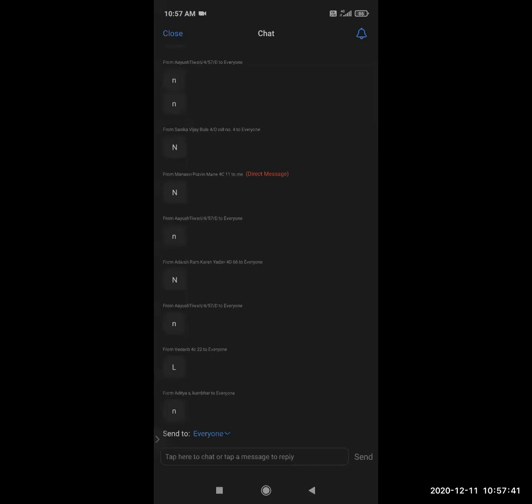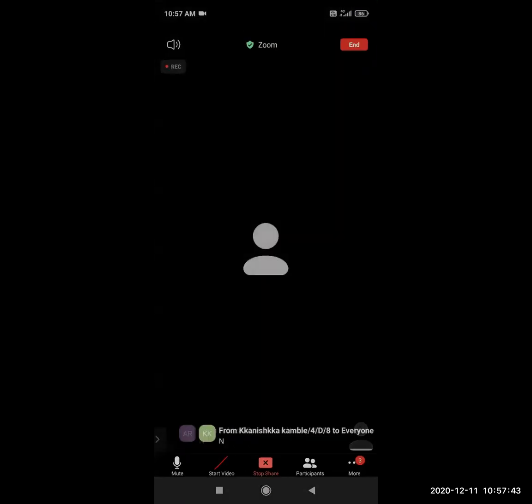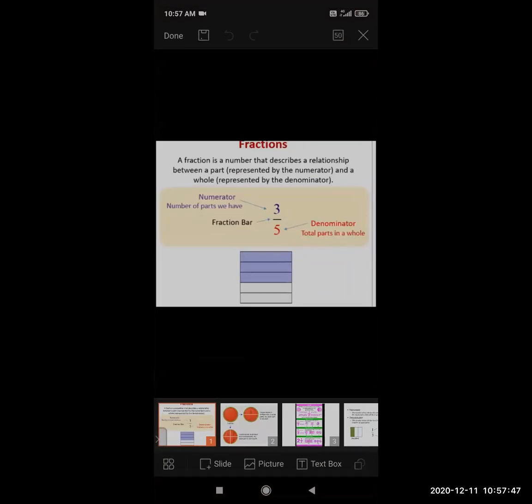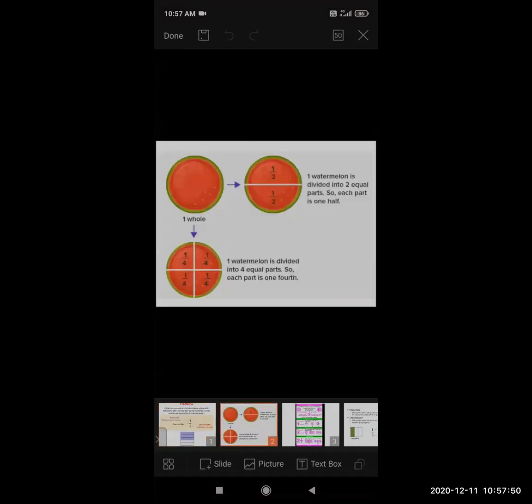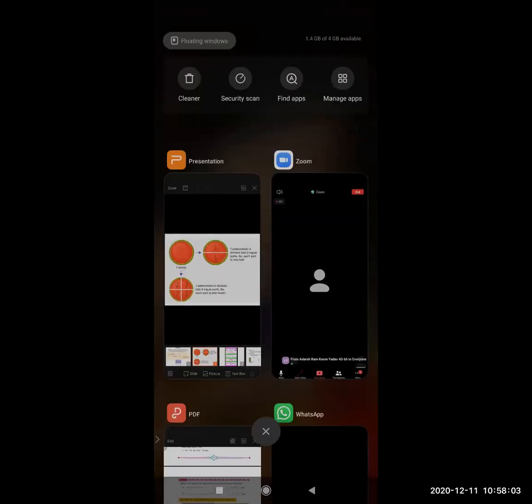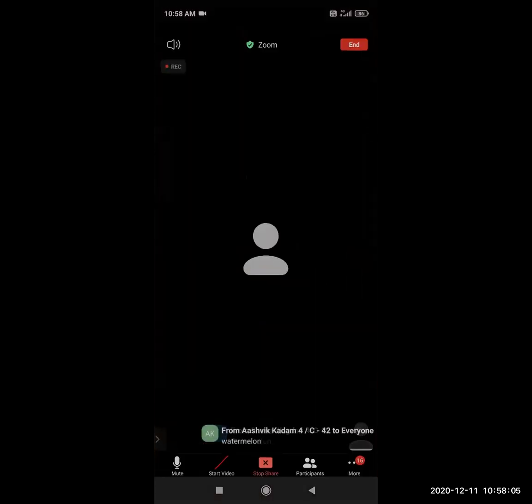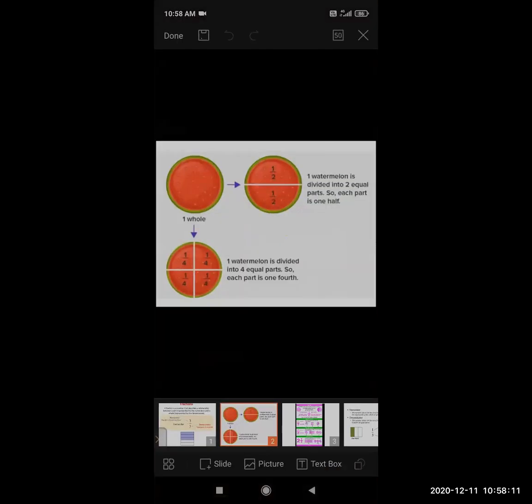Okay, good. So that was the first slide. Now I'm going to show you the second slide. Ready, everyone? The second slide is the watermelon, correct? About this picture, tell me which fruit is there. Which fruit do you see on the screen? Yes, exactly, it is the watermelon, right?